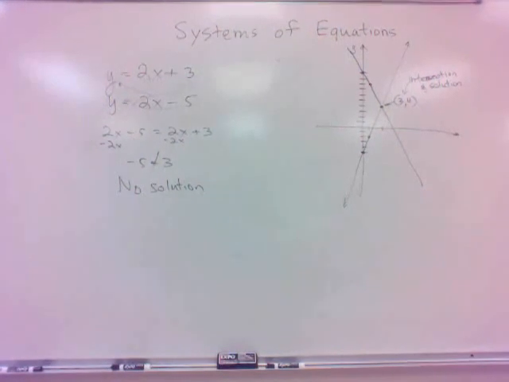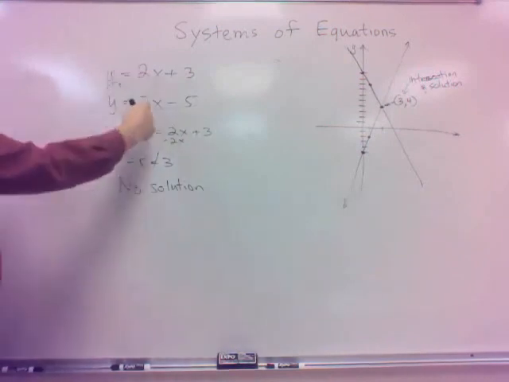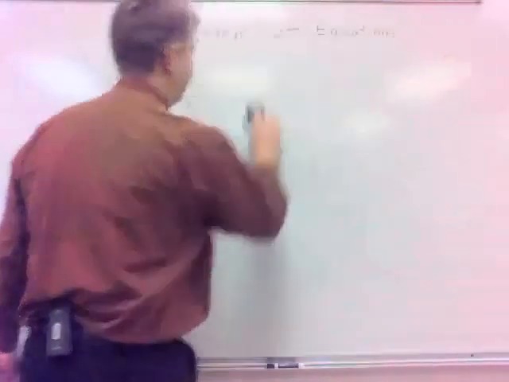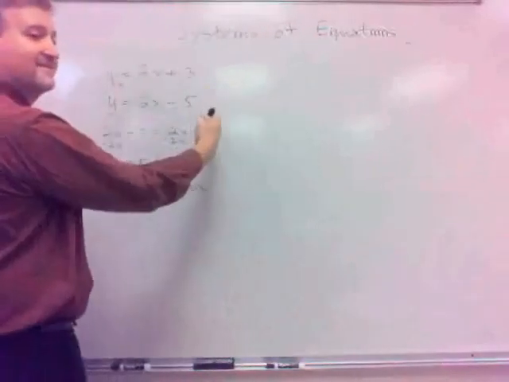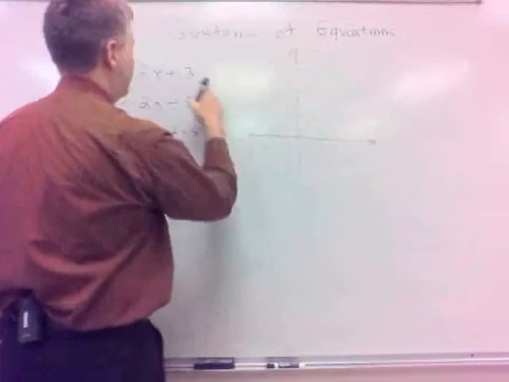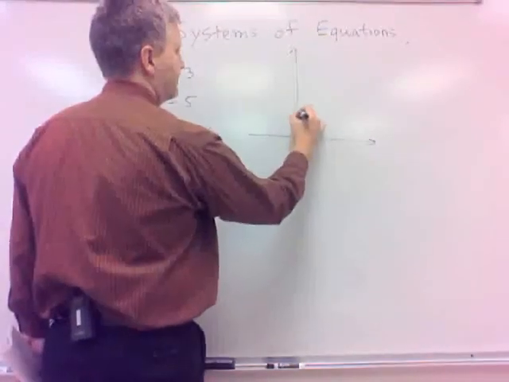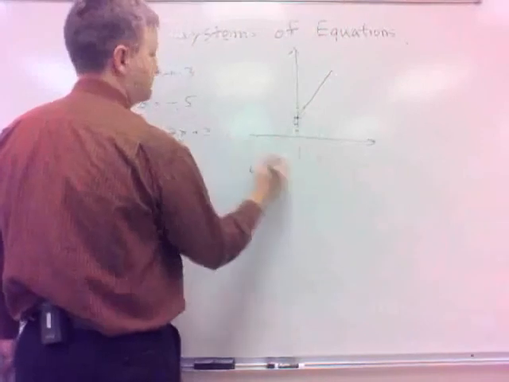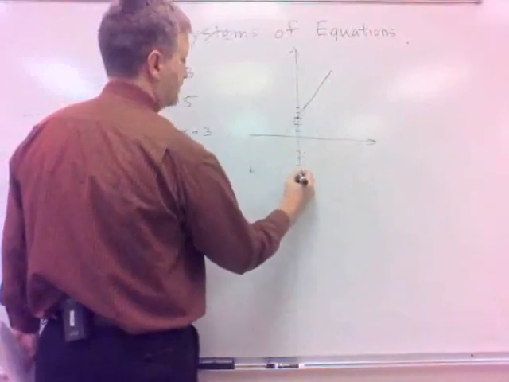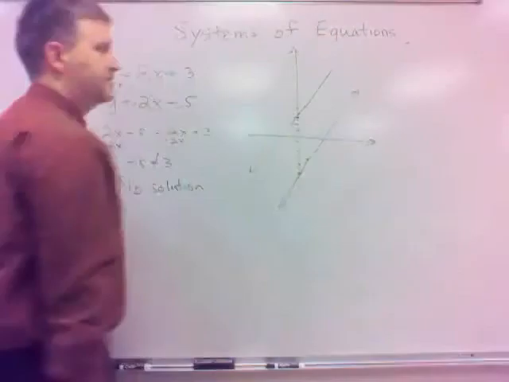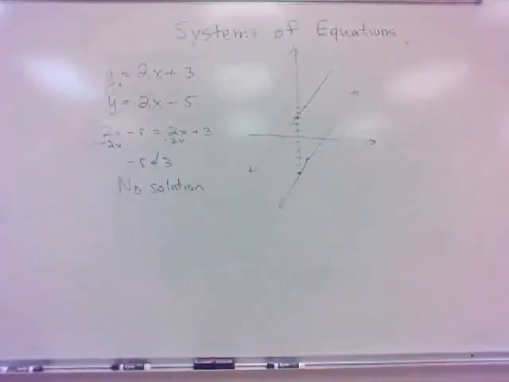Graphically speaking, though, why do I have no solution? Well, we can graph them, but we talked about that too. What about these two lines? What are they? They're parallel, yeah. They don't intersect. This one's y-intercept 3, rise 2, run 1. This one's y-intercept negative 5, rise 2, run 1. Yeah, parallel lines. No intersection. So yeah, if you don't have